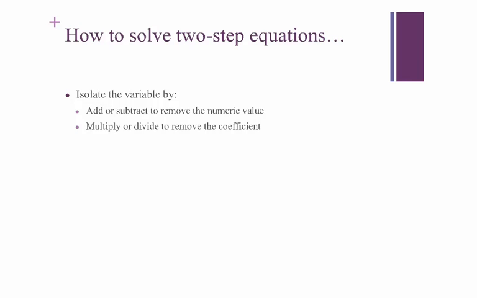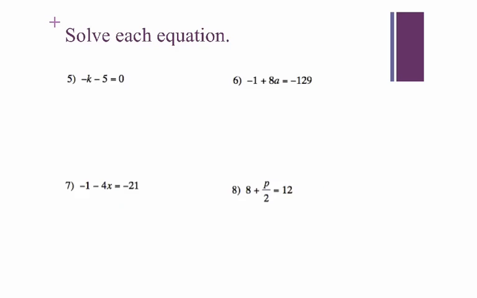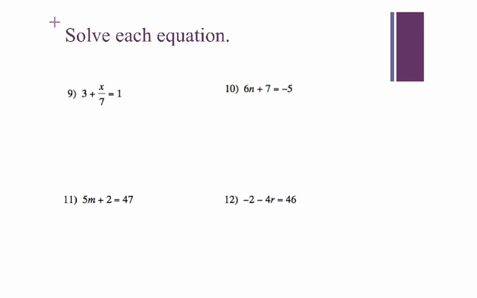So just a refresher from that first video, to solve a two-step equation, we add or subtract to remove the numeric value, and then we multiply or divide to remove that coefficient next to the variable. So we're going to pick up where we left off with our examples. If you feel good, I say pause it, go ahead, move ahead of me. If you're still a little bit questionable, just go along. I'm going to go through these four